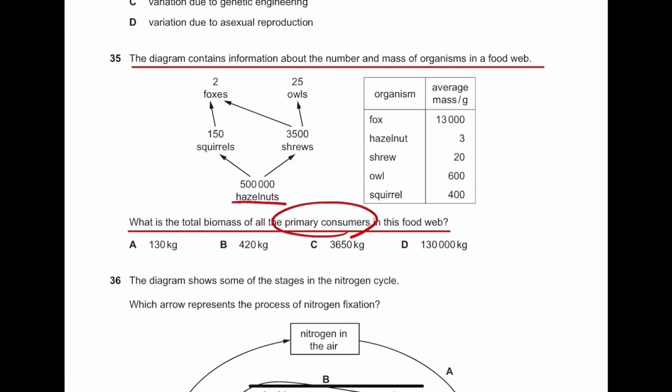So hazelnuts are, of course, producers, right? Producers are often plants. Hazelnuts are plants. So, the next one that eats hazelnuts is, of course, the primary consumer. So, squirrels and shrews. So, if there are 150 squirrels, and if there are 3,500 shrews,